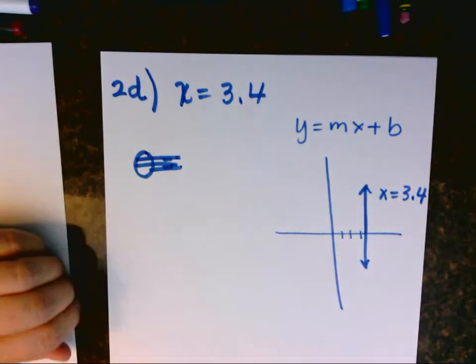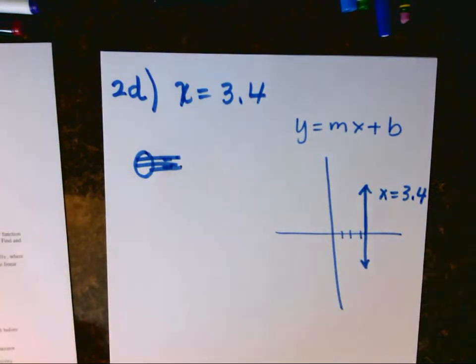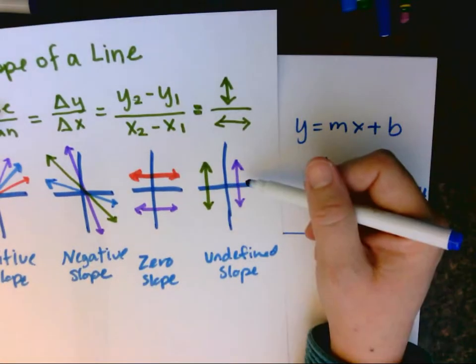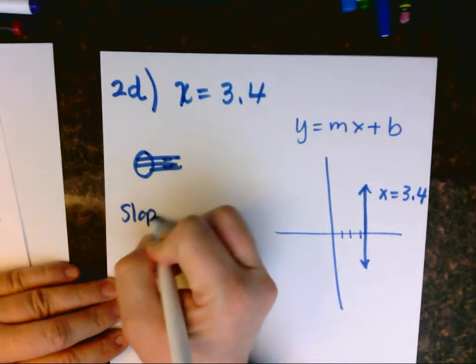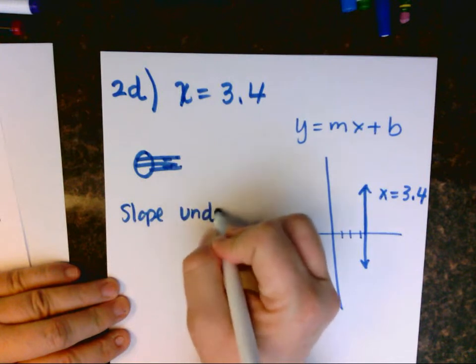What is the slope of a vertical line? Do you remember at the very beginning of class we drew those cases out? Let me see if I can put my hands on those. The vertical line had the slope undefined, right? Here we go. Vertical lines have undefined slope. So this has slope undefined,